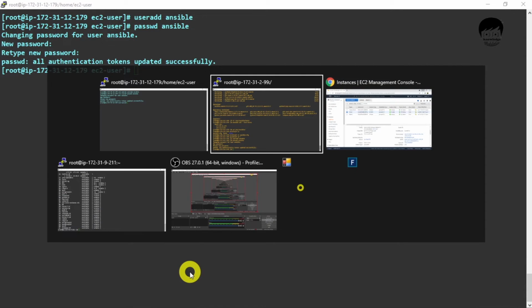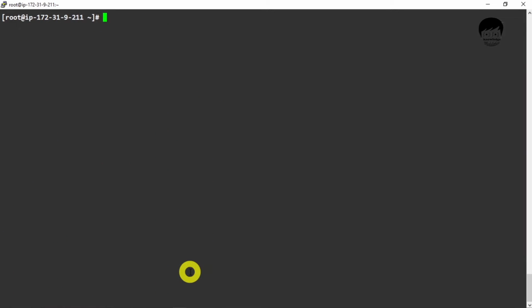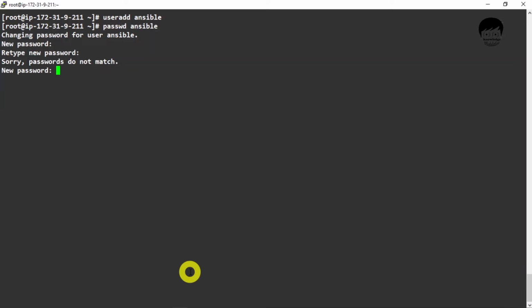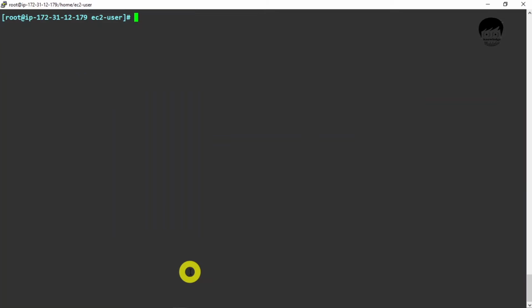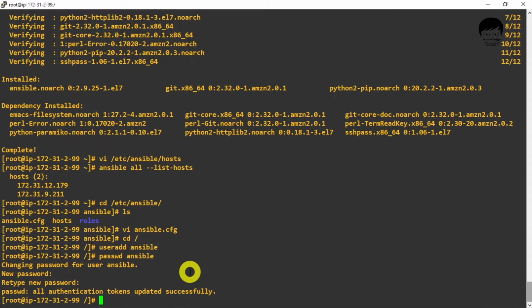Okay, this is done, and I have to do the same on my second node. So useradd ansible and create a password for it, passwd ansible. Okay, it is done now. I will clear this, and my node as well.